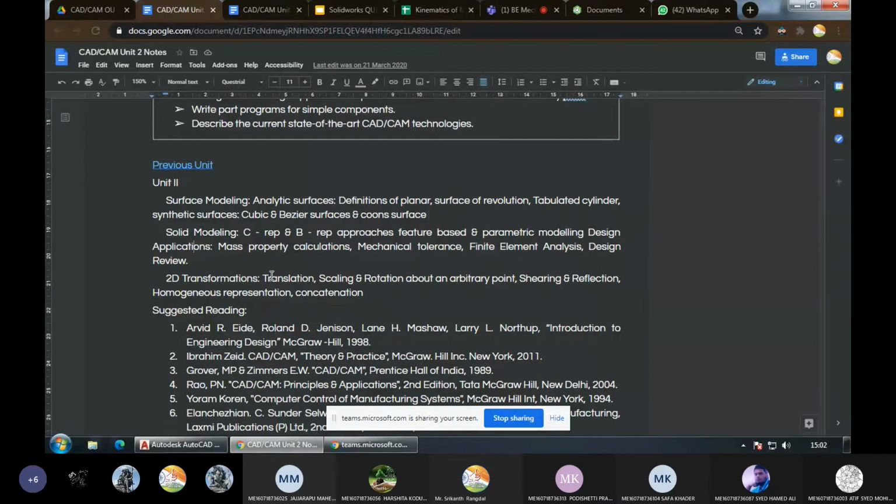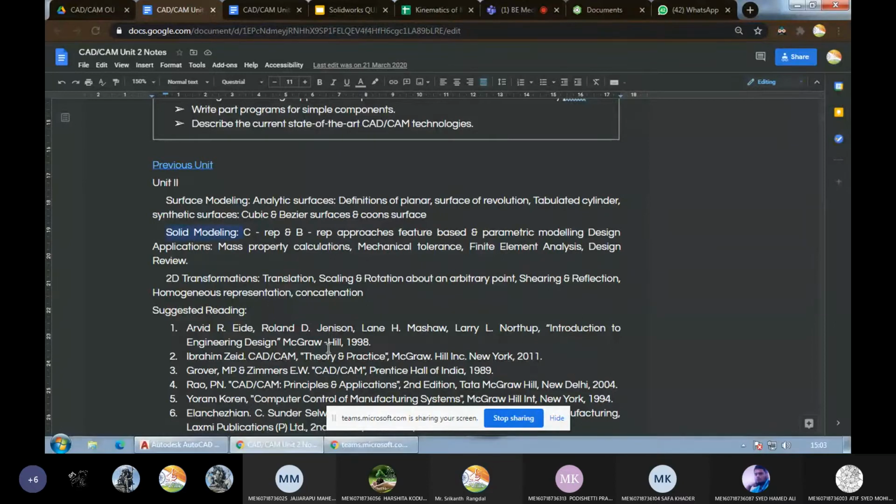Whereas generating the curve, generating the surface will be slightly on the coordinate geometry side. So you may have to write some equations and define the parameters. With the help of parameters, you may have to derive some important points and solve the problems basically. The next one is solid modeling. Now there is a small difference between surface and solid.